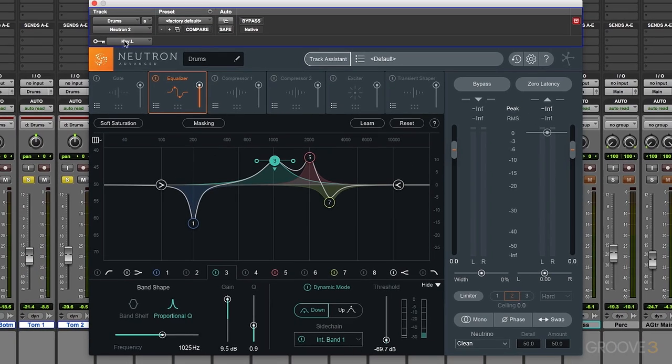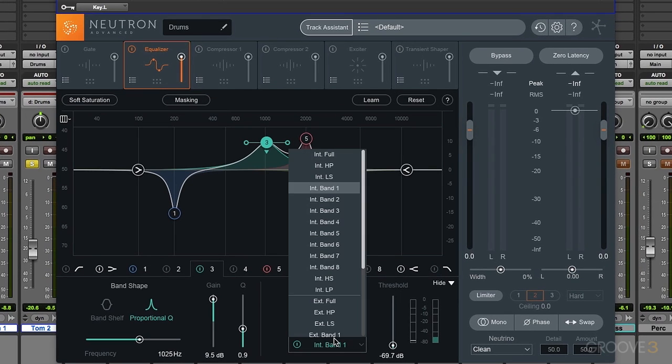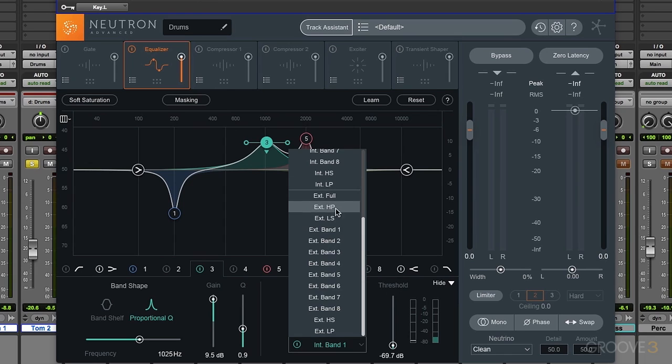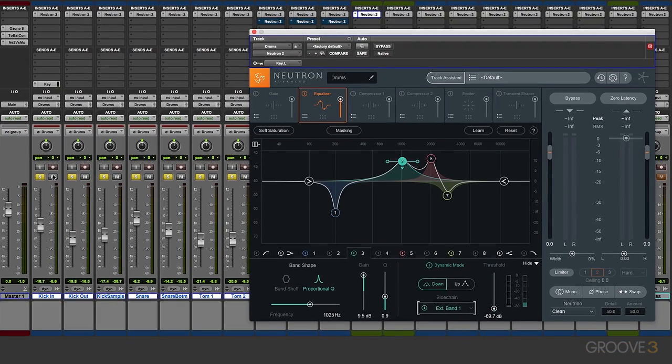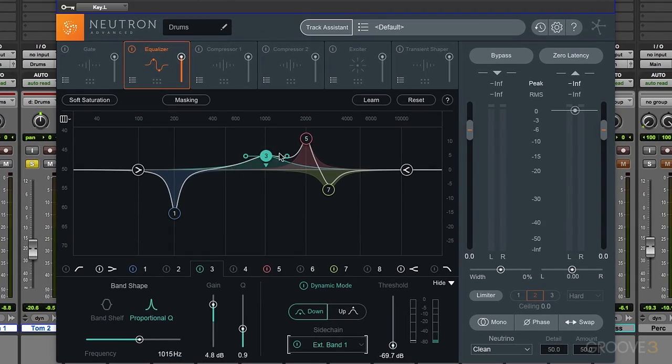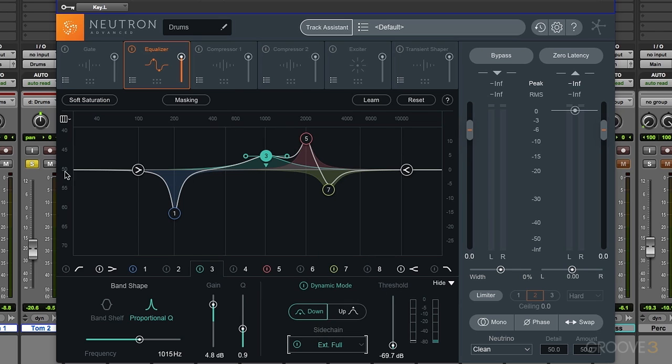We can use a key input. Currently, it's the kick drum. The key input is available to us as an external source. So if I pick external band 1, that means the frequencies at 200 hertz coming from this kick drum are going to trigger the compression or the dynamic EQ of band number 3. We can pick all of the frequencies from the kick drum are going to affect and cause this dynamic EQ